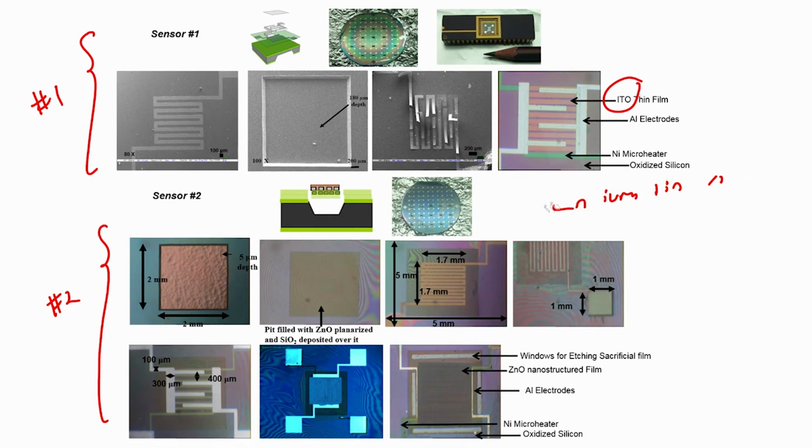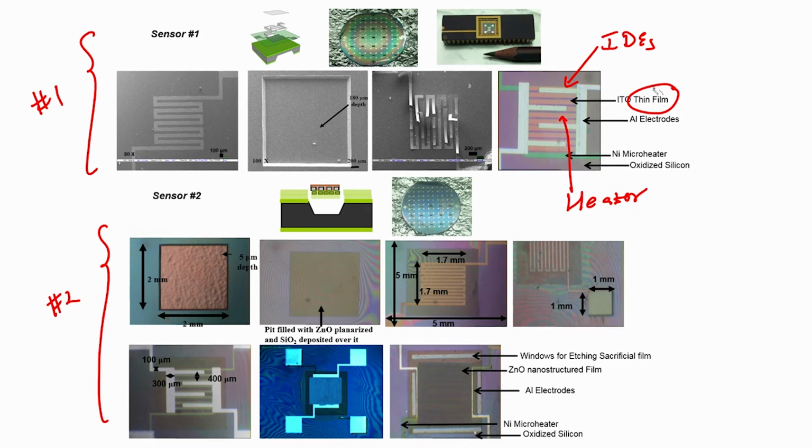Now, if there is a sensing film or a thin film, how are we able to see the interdigital electrodes as well as the heater? How are we able to see the interdigitated electrodes and how are we able to see the heater? The reason that we are able to see them even though there is a presence of indium